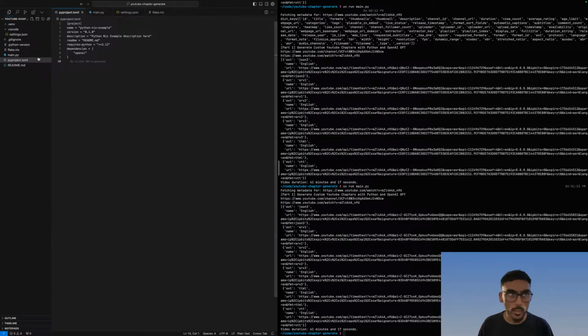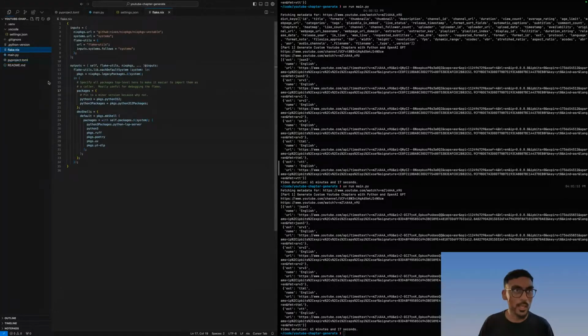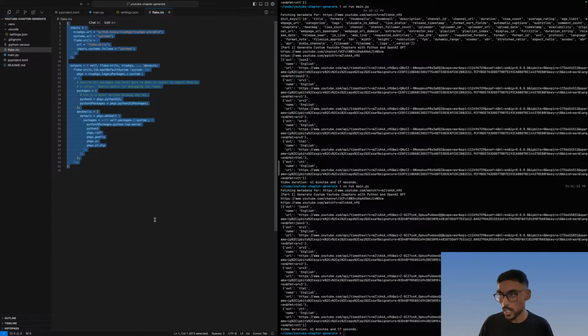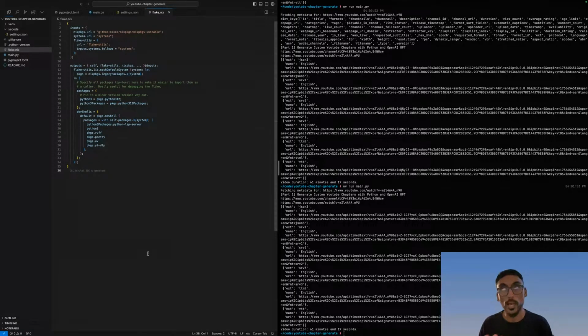So what I did was, I don't know if you notice here, but I am managing this environment with Nix. I'm still very new to Nix, but in this dev environment, whenever I move into this directory, YouTube chapter generate, it installs these libraries and packages, and there's a cached and hashed version of these libraries, so I don't have to install it every single time. It's on my local machine.